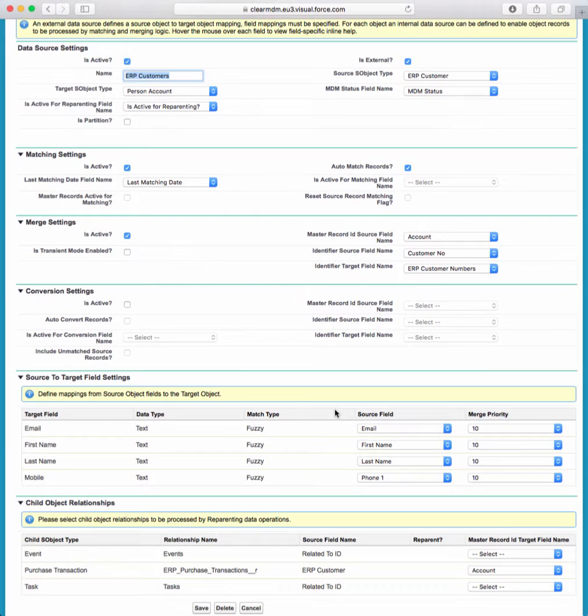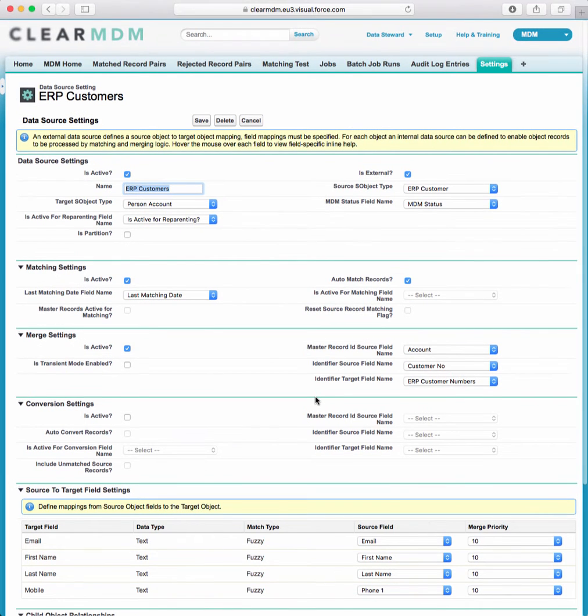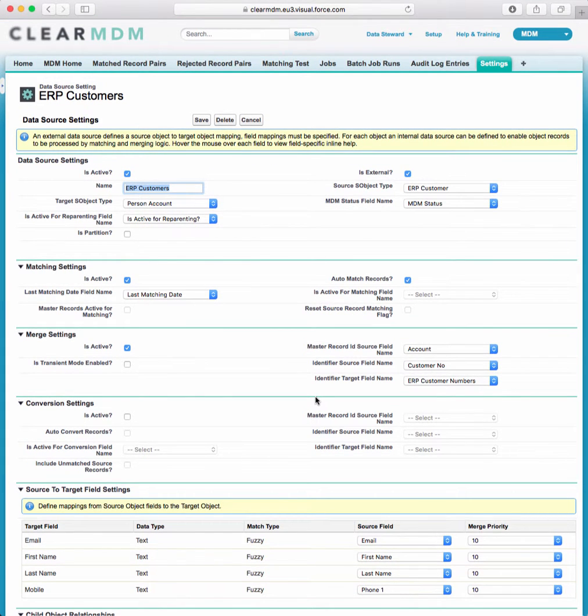And it's that concept of mapping that enables the MDM operations in effect to work across objects and to dynamically bring records from different objects together for matching and merging purposes. Another aspect of using dynamic field mappings is that an ERP customer can be retained in the